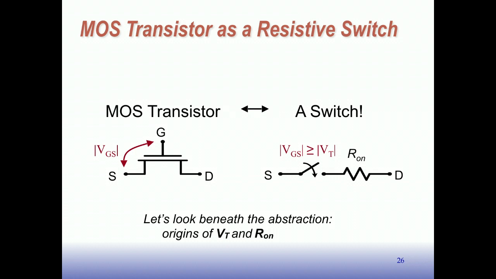But given that, besides that, we can model it fairly accurately as a switch with a resistor in series. Now, I think it's useful to look below this abstraction to see how devices really work. Not that we're going to use it much in this class, but just so you understand the limitations of this abstraction. So first, we'll look at the origins of VT, and we'll look at the on resistance of the channel,